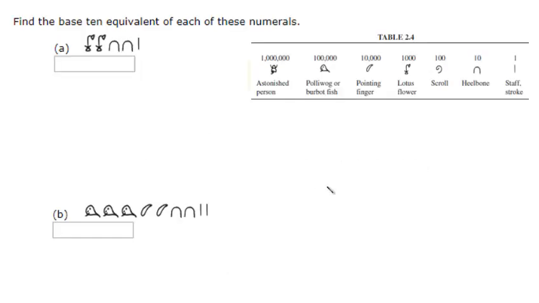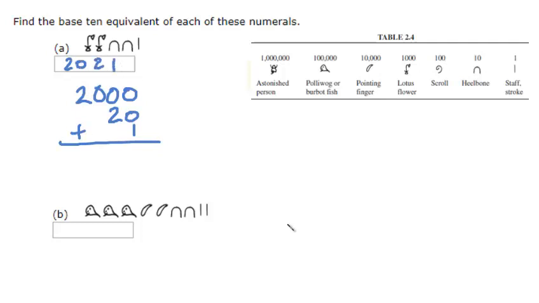So you'll have a homework question. It'll look something like this, and what you will do for this one is you will find your lotus flowers, which is worth 1,000, so that is 2,000. There are 2 heel bones, so that would be 2,000. 2 heel bones is 20, and then 1, add them up, and you will put